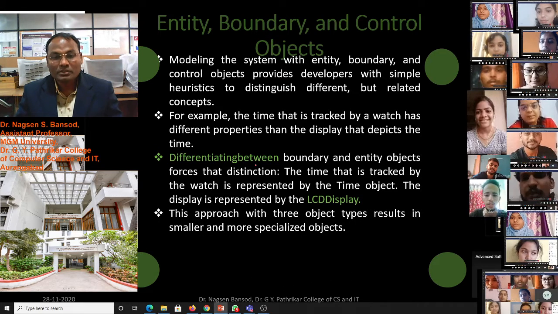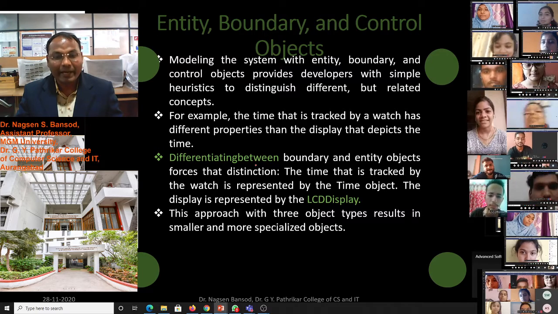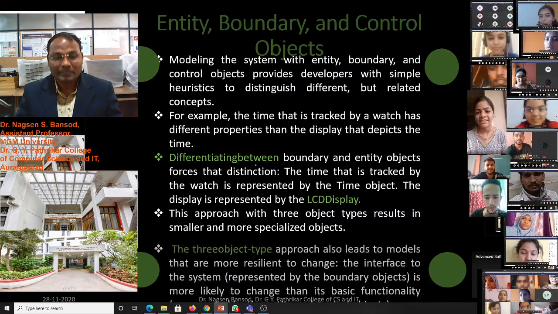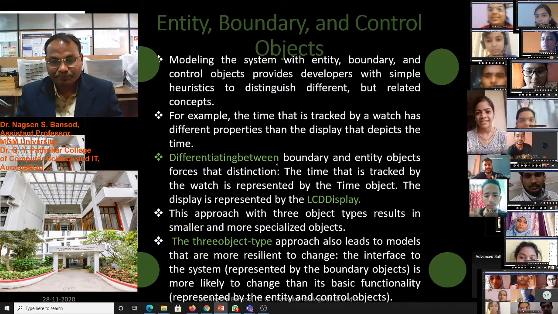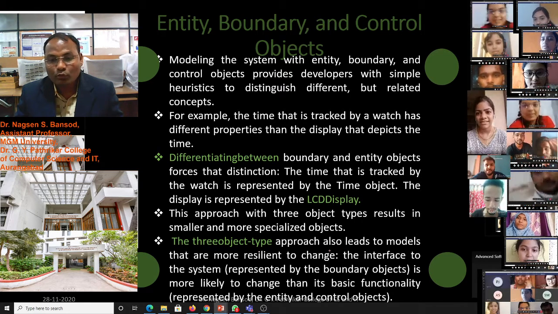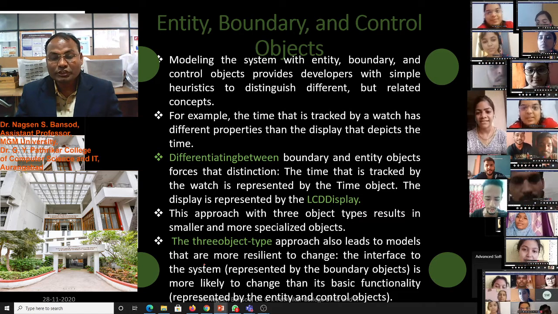This approach with three object types results in smaller and more specialized objects. The three-object-type approach also leads to models that are more resilient to change.